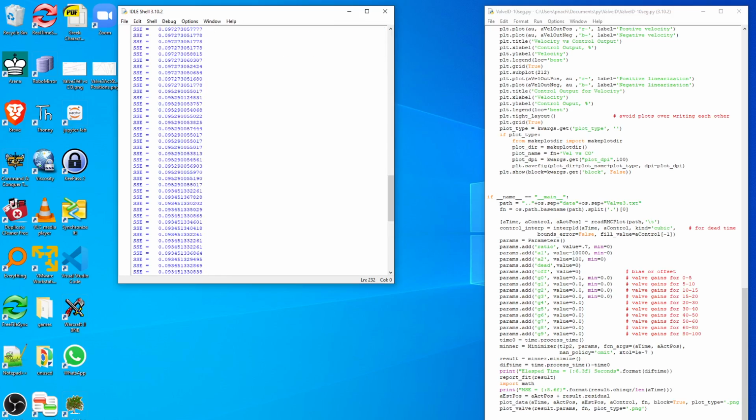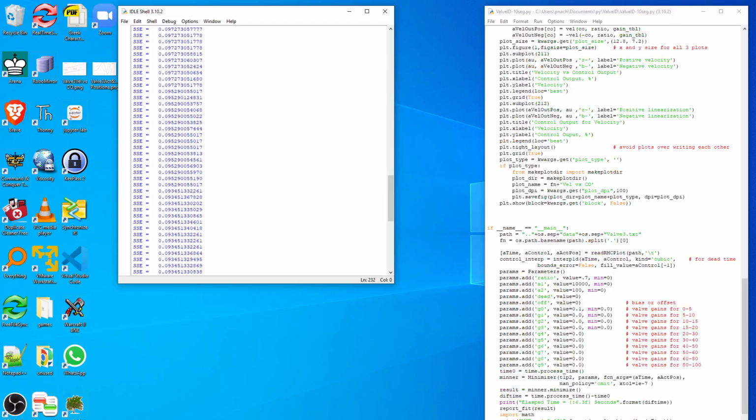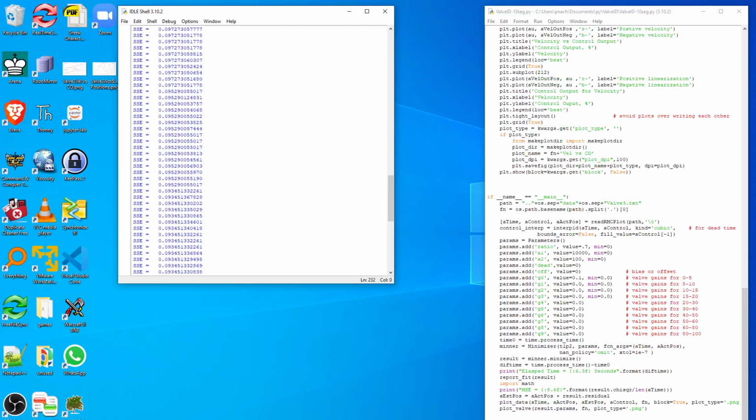So getting back down to here, at the end, I print out the mean squared error, and the reason why I do that is that I take the sum of squared errors and divide it by the number of points. And the reason why is that